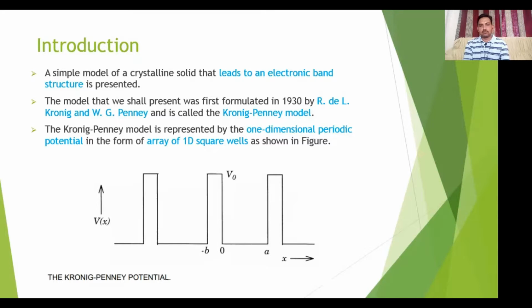If you can see my pointer, at this point will be the position of the nuclei, and this will be the position of the midpoint between the nuclei. Again, this is the position of the nuclei, and this is the midpoint between the nuclei. So again, our older statement is true, that the potential is maximum at the midpoint between the two nuclei, and zero or minimum in the vicinity of the nuclei.